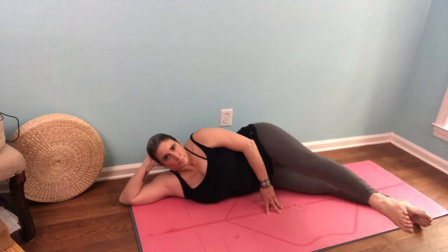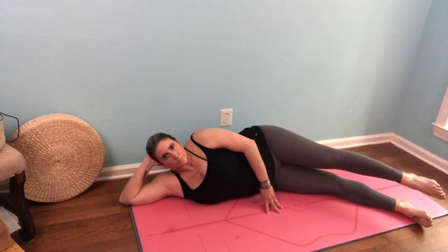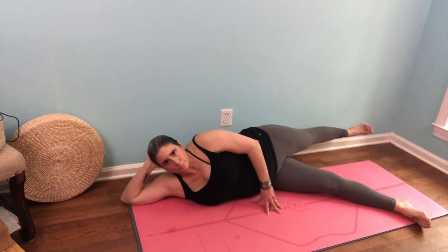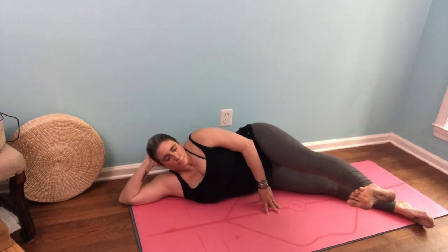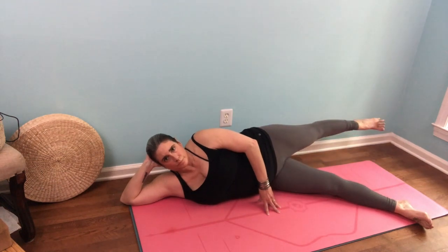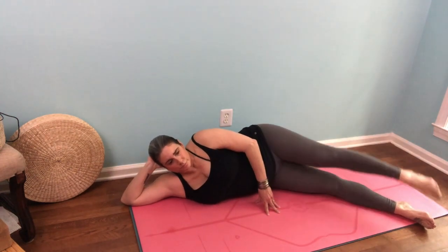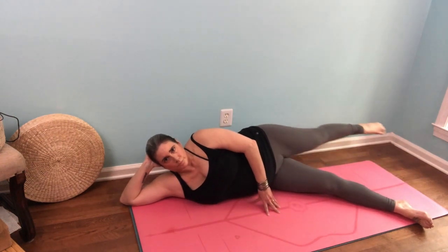So bring your left foot towards the front and pulse it front, front. Now on the exhale, bring it all the way back behind you, back long in one motion. Come towards the front, front, front, little pulse. Exhale, back long. Inhale, front, front, back 3, front, front, back 4, front, front, back 5, front, front, back 6,